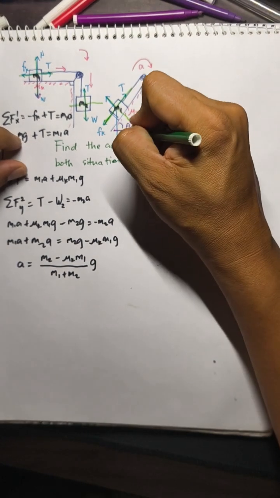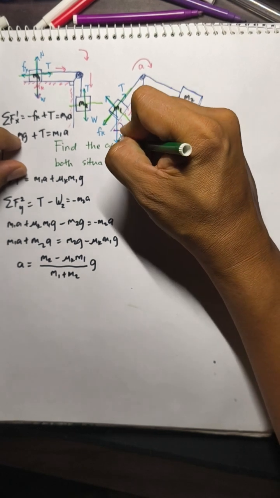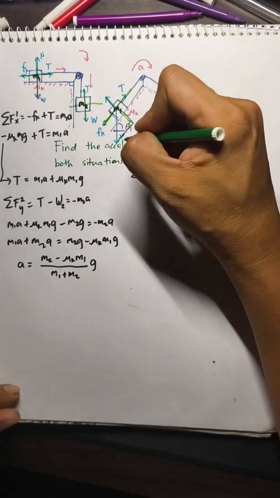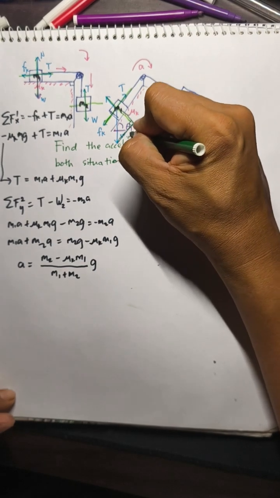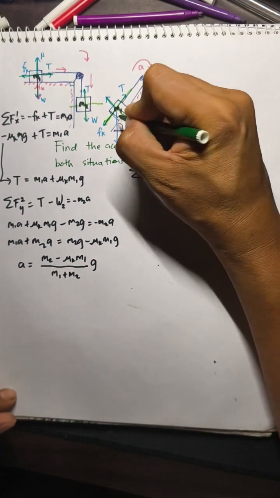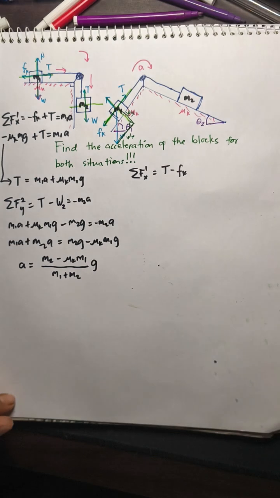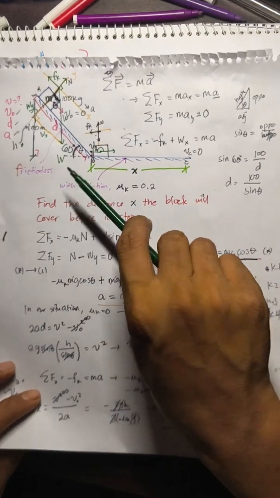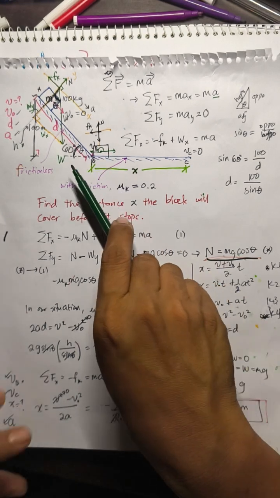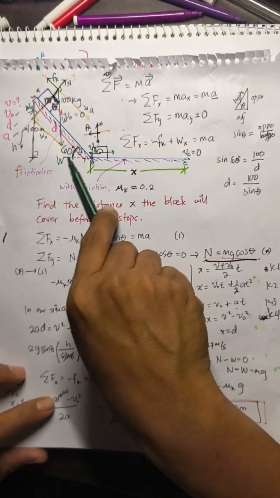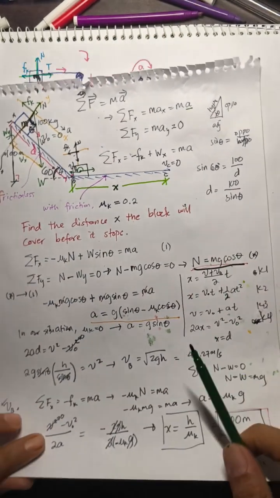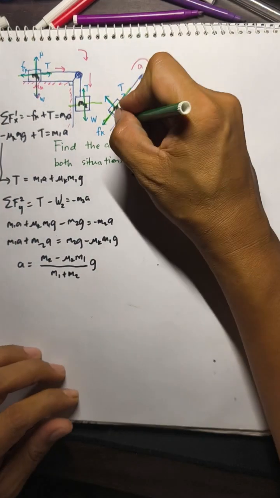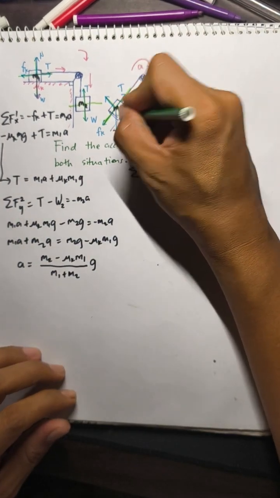So here, this is weight x, and we have a right triangle here. This one here is our weight x, and this will be our weight y. Just like in the previous problem, I hope that you watch that problem. It is one of the first on the playlist. You have to watch this problem first. This is the same configuration. I explained everything there so that if this is theta, this will also be theta here.